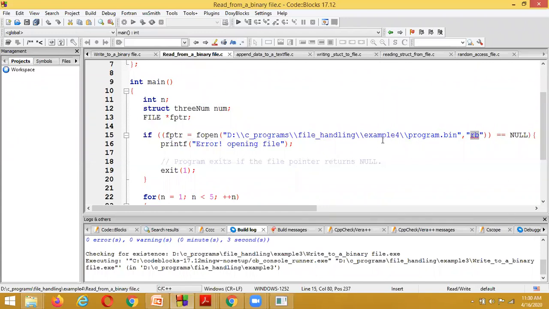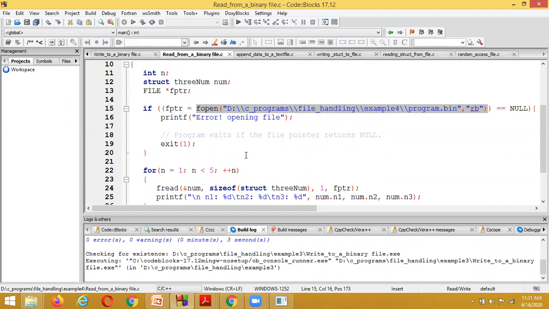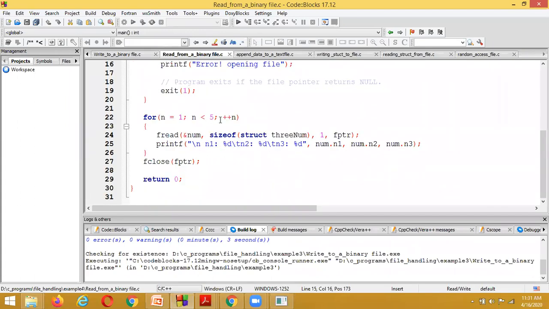If we are unable to read the file, fopen is going to return the value NULL. If it is equal to NULL, we need to understand that we are unable to read that file due to some problem. If there is no problem, we are going to read the information.